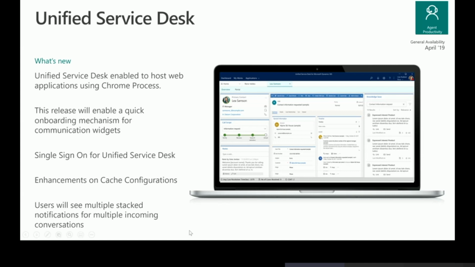This framework has grown heavily over the past years with each release. We've enabled the USD desktop to host Chrome processes as well as Edge and Internet Explorer. Previously, this was only supported for Microsoft browsers. This is a big step in our commitment to opening our platform to other technologies. With this feature, customers will have the ability to select